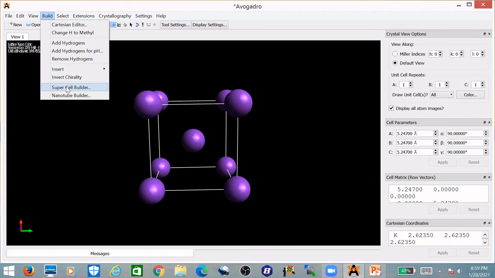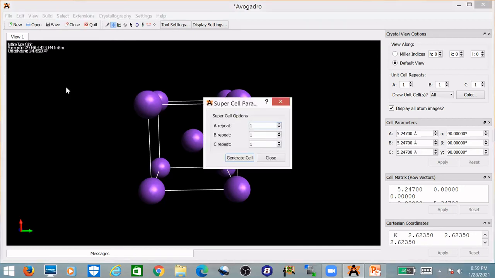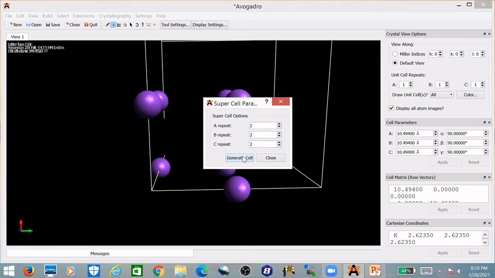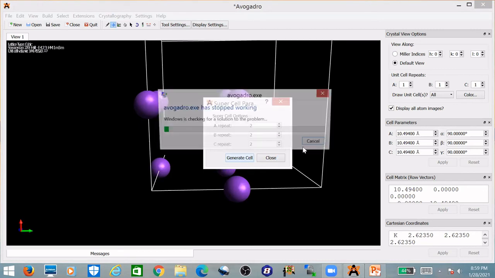If I click on this, and now if I increase the number, let's do 2 along the x-axis, then increase along the y-axis, and then along the z-axis, and then click on generate cell. Close the dialog box.